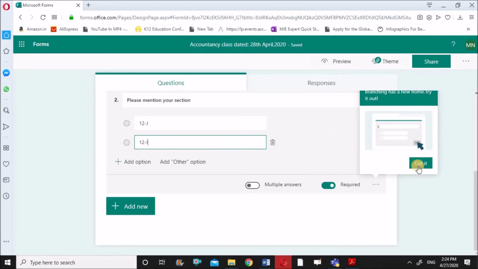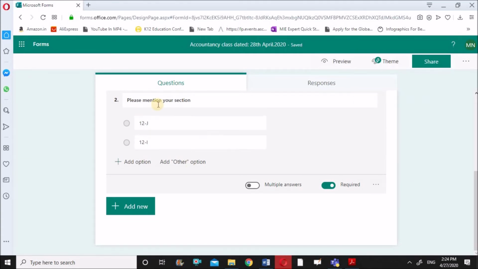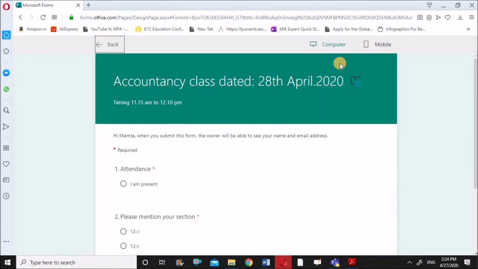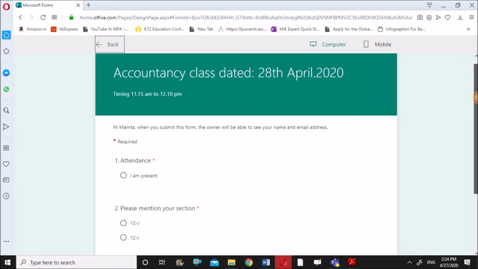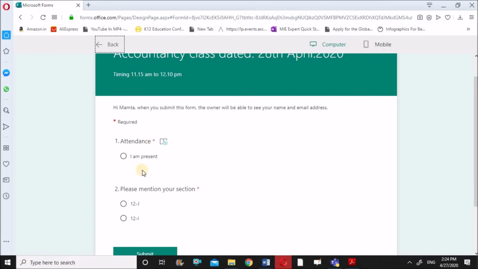So these are the two options which I have given. Again, this question is a required question. So I can go on preview now. You can see now the child sees the form like this. Attendance, he has to fill I'm present, then he has to mention the section and he has to submit the form.